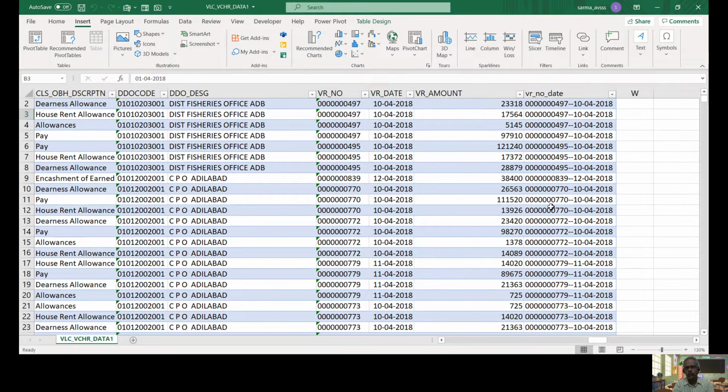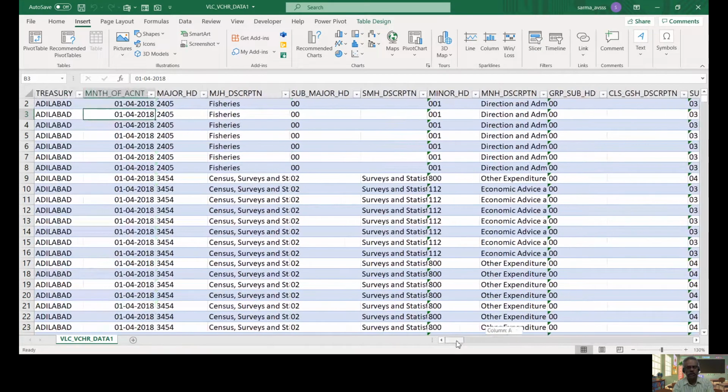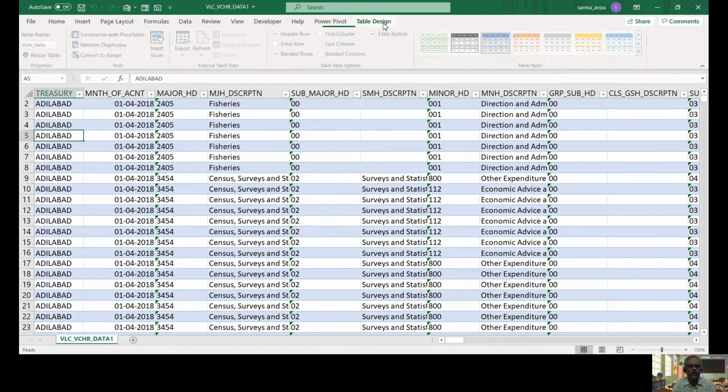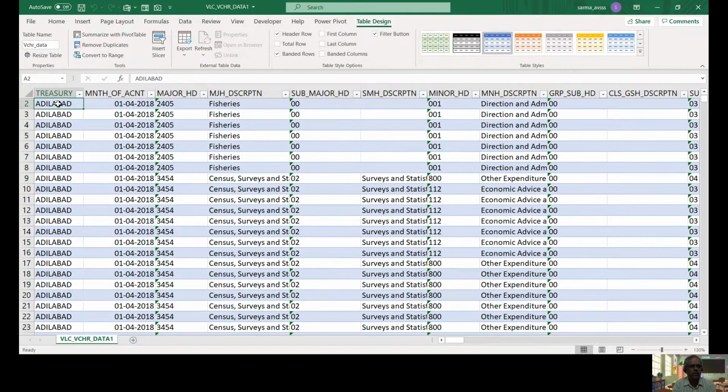How to create this field? Maybe I already explained in a video called table. Here the data is converted into a table. That's why I think you are seeing these banded lines and all. So this is a table. What is a table and how to convert, I already explained in a video called table. And from this table we are deriving a pivot. How to create a pivot and what are the features and advantages of the pivot, I have explained in another video that you can refer to for pivot tables.